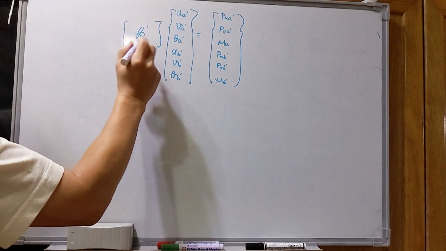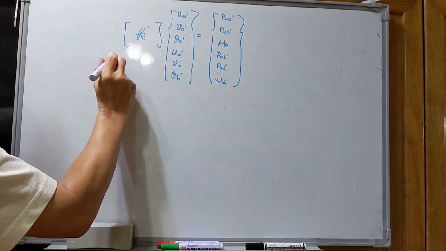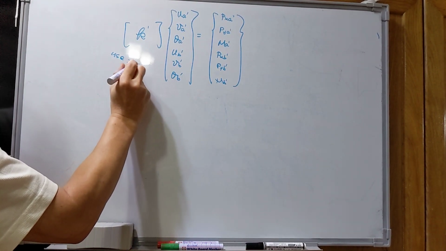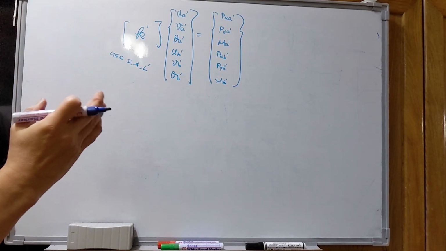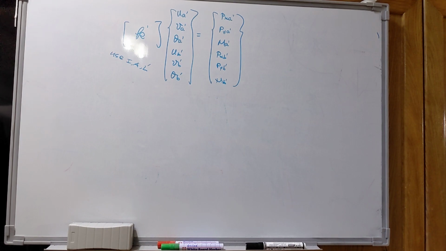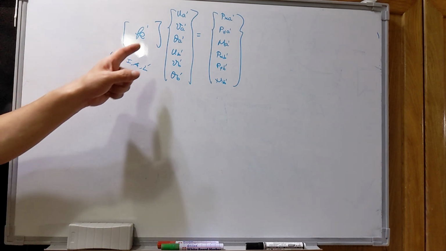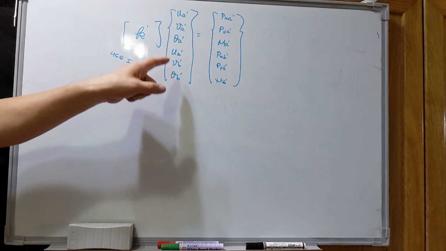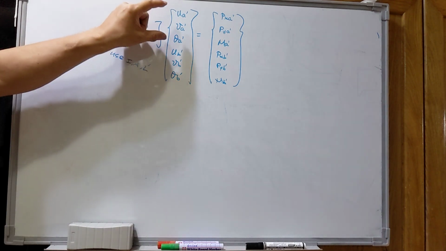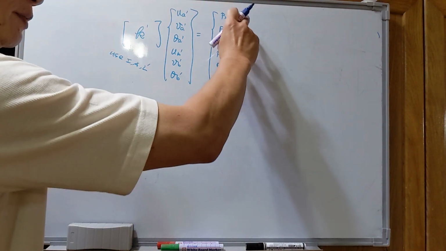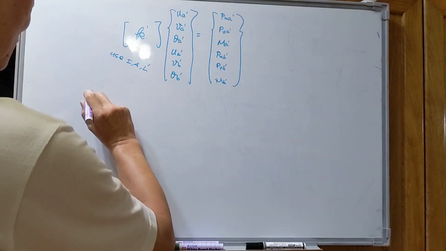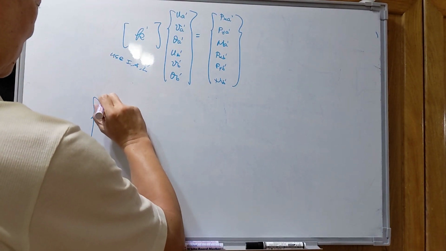Remember, when we calculate the K prime, we use the I, A, and the L prime. We need to use the length from the point A prime to point B prime, not the entire length of the element. And here is the nodal displacement at the A prime and the B prime. We can get the member end force on this one. And right now, the